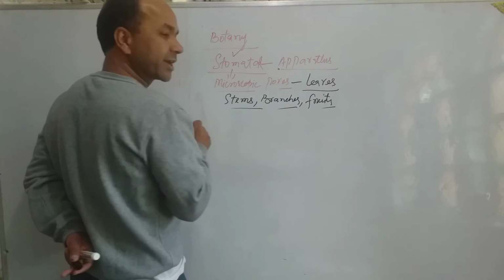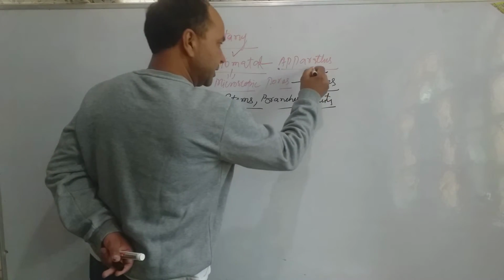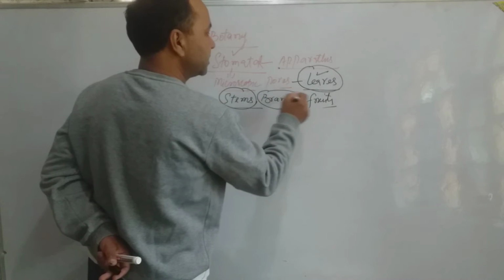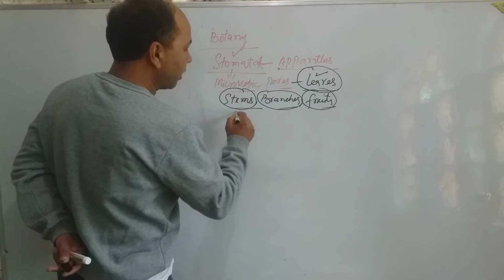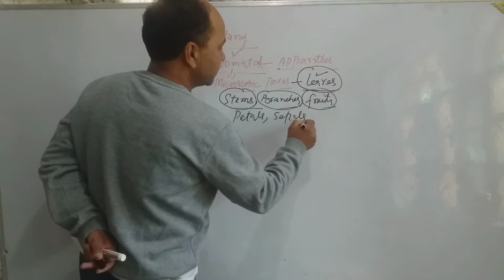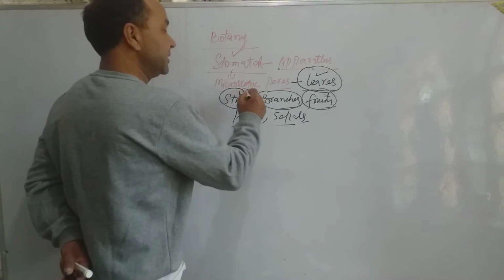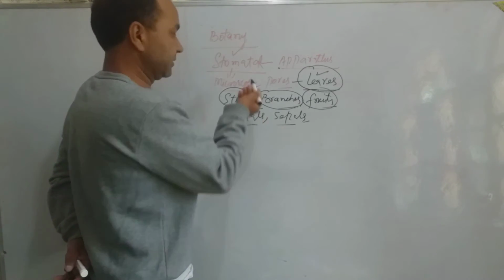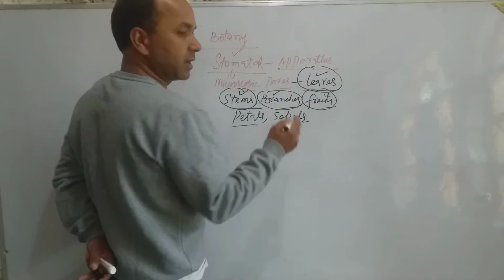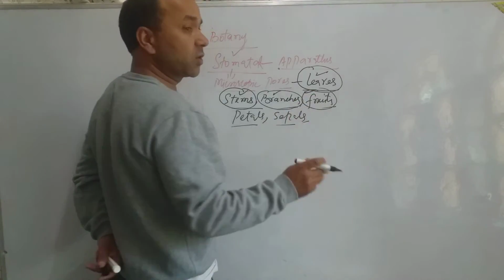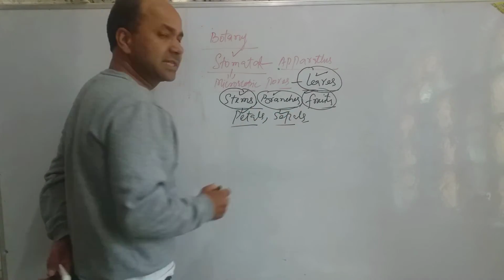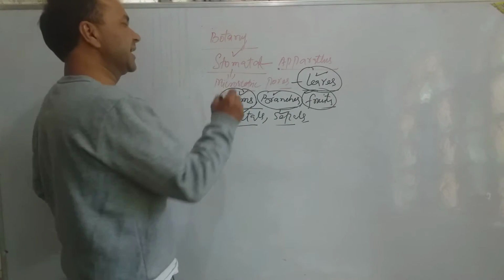When these organelles, that is when leaf, usually they are present in the leaves, they can also be present in the stems, they can also be present in the branches, they can also be present in the fruits, or also in the petals, sepals of flowers when they are young. When stem is young, it can contain these microscopic pores, that is stomata. They can be also present in young branch, they can be also present on the skin of fruits when the skin is young, they can also be present on the petals and sepals, but mostly you will see that these